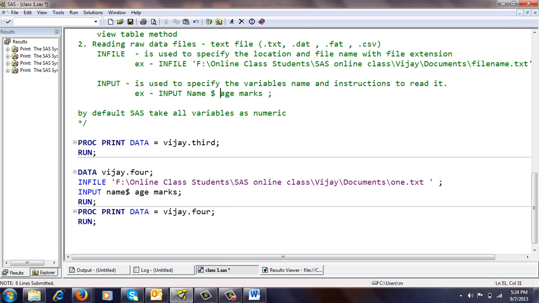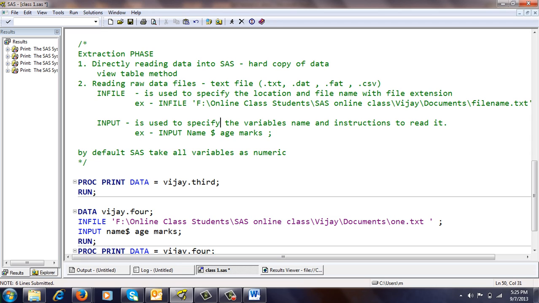Now come to your third type of data reading, that is reading data directly through the code, or giving data directly through the code.